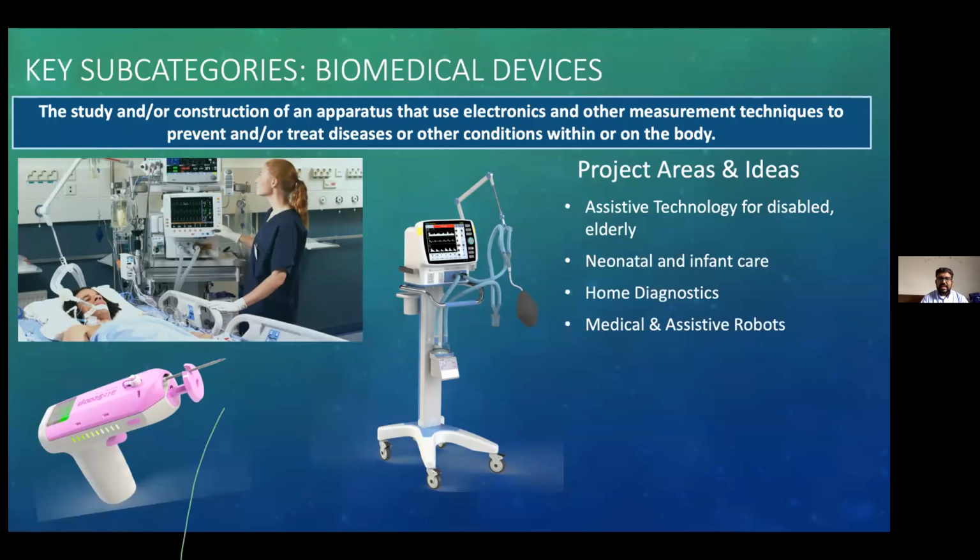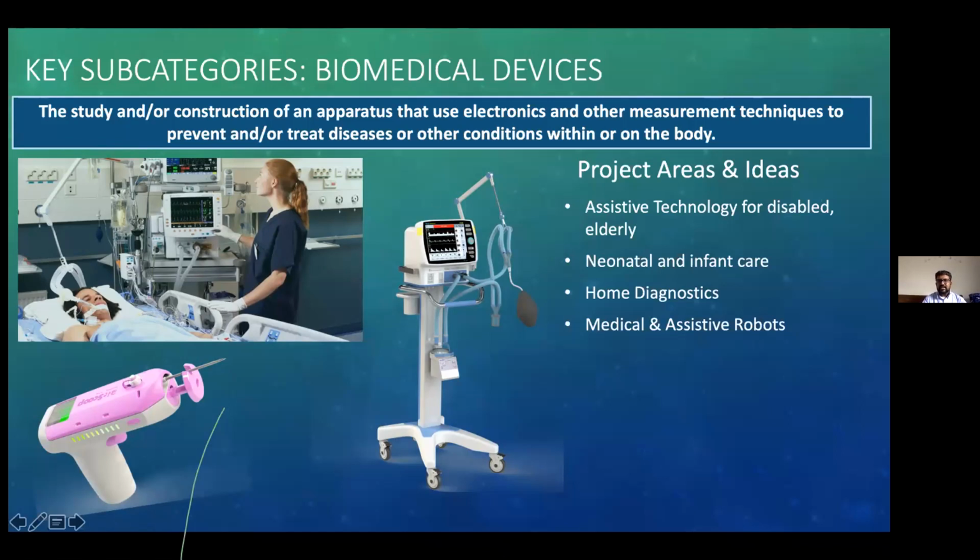So in this picture on the left, there's a picture of a ventilator. This patient is pretty seriously ill, and this nurse is looking at how he is breathing. You will see some medication that is going into the patient. So we are tracking how this patient is getting medication. You see a heart rate, a respiratory rate, a pulse, and blood pressure being monitored. So all of these are biomedical devices.